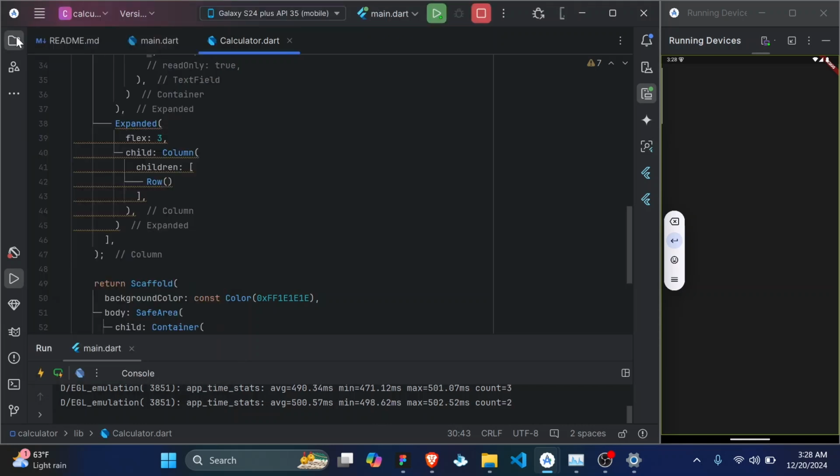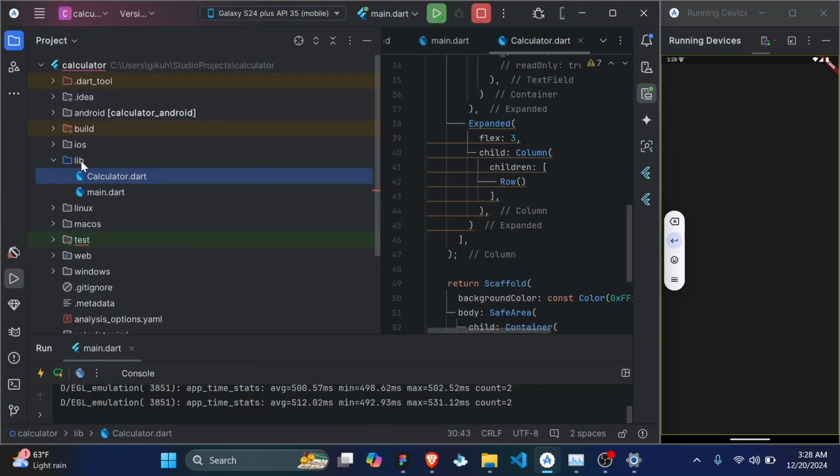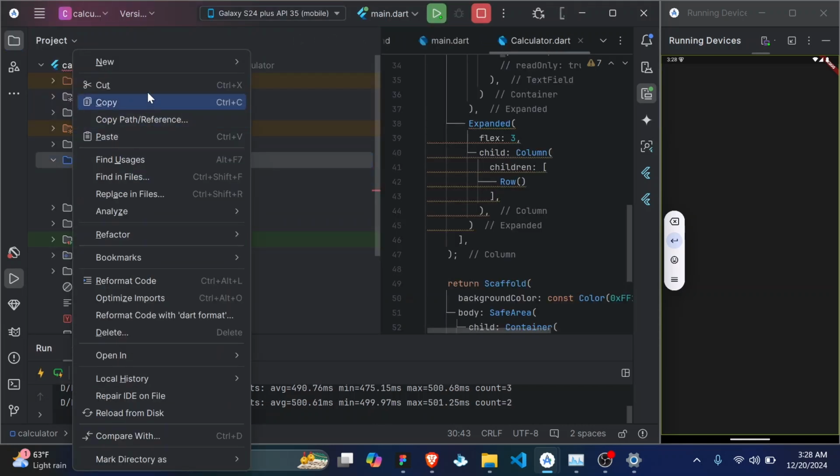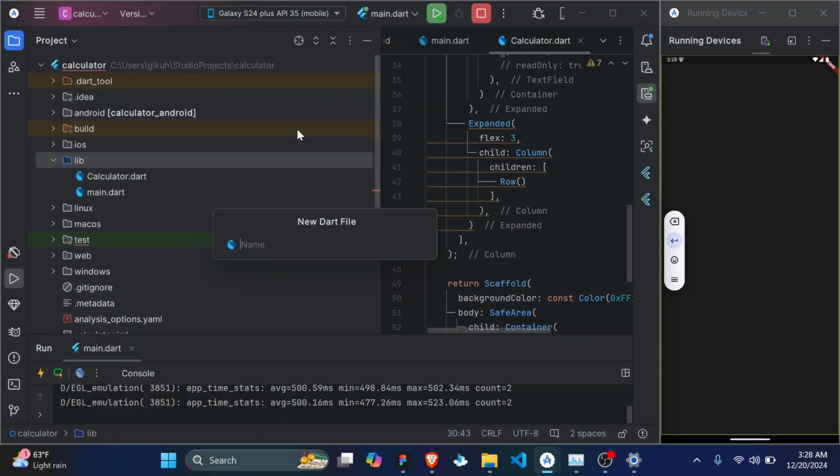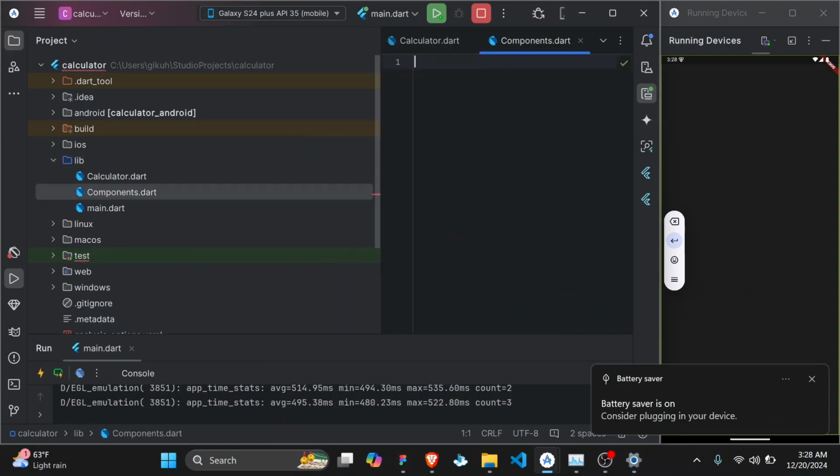We'll understand it when we actually do it. So let's go ahead, create a new file. I'll call it components.dart, and create the class